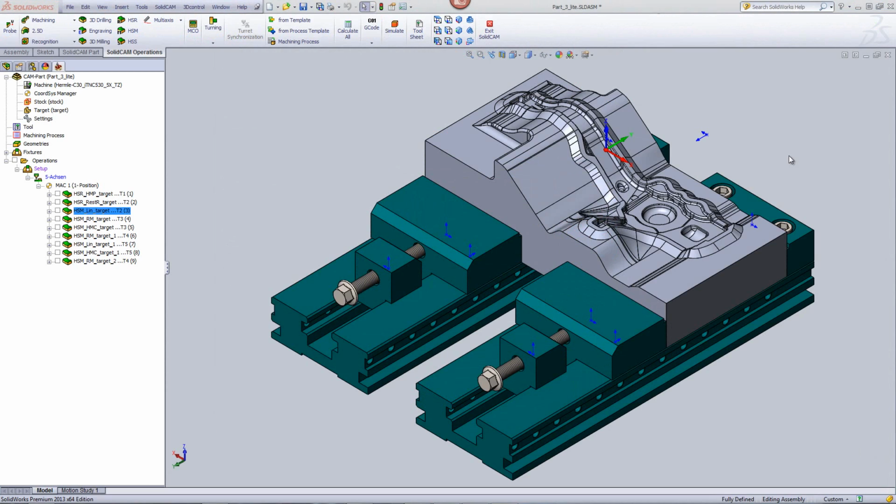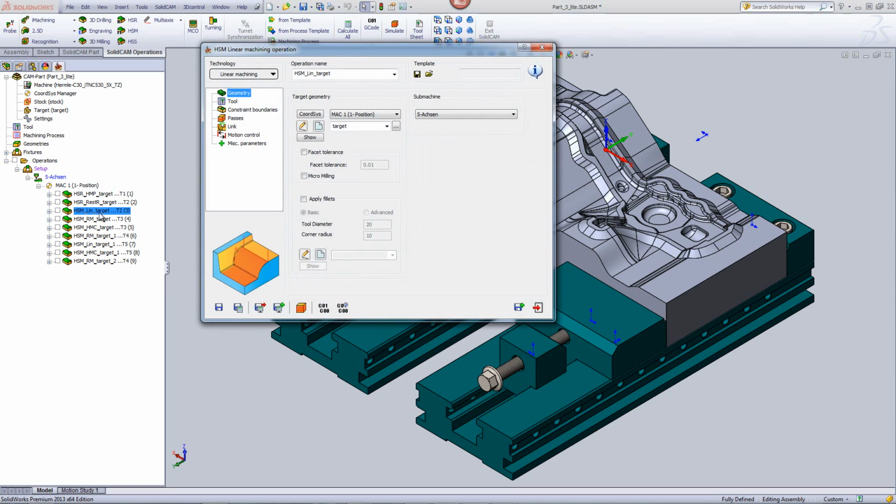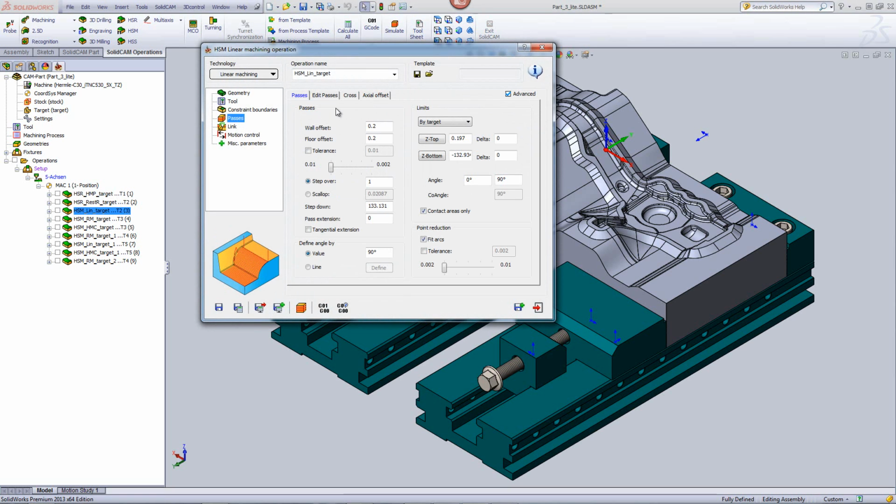And this recording will show the improvements that were made in handling tolerances in HSM. Let's open up one of our HSM operations, such as the one that we have over here, and go into our passes. You'll note that the area of the tolerance is now grayed out, and underneath that we actually have